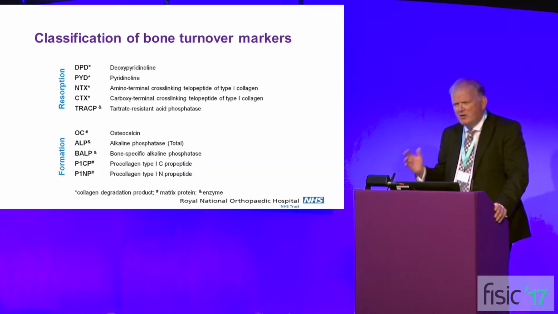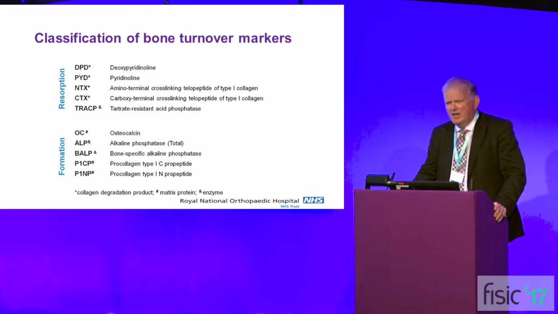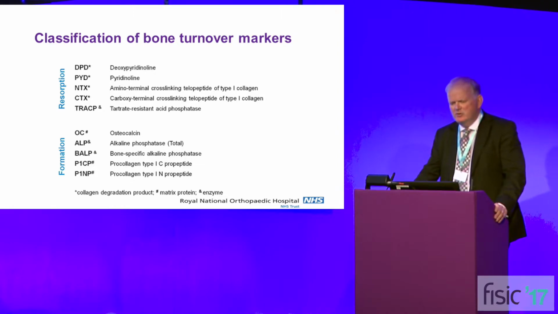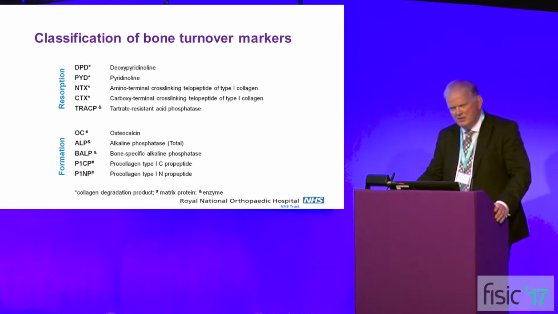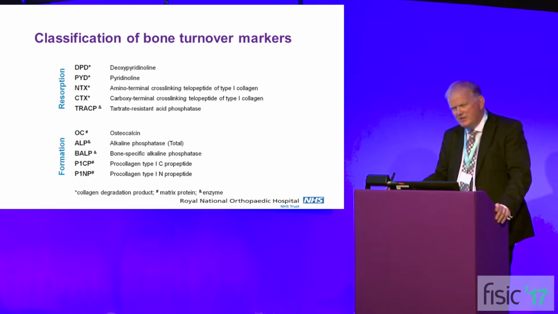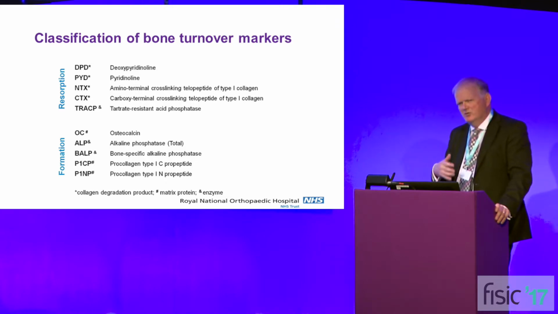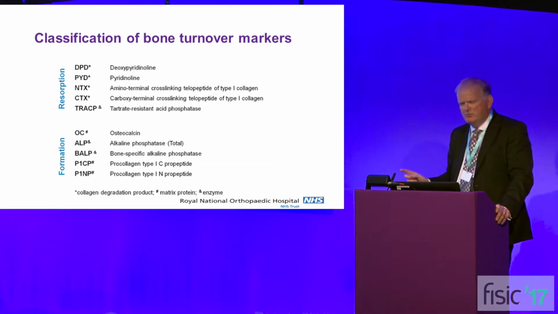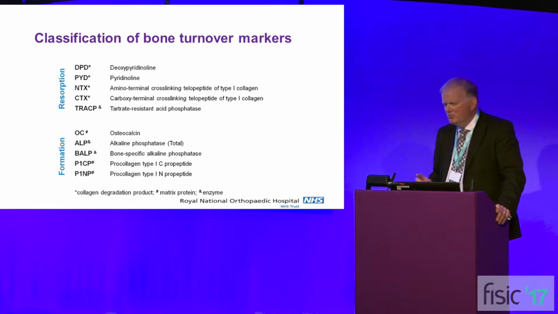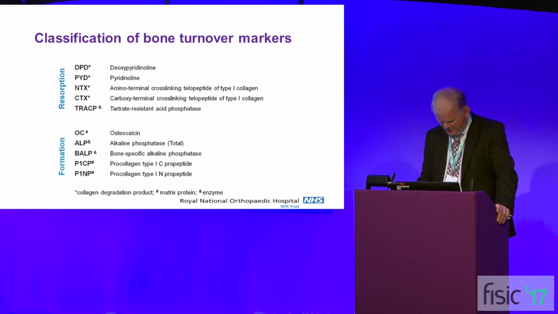So there are a variety of bone markers out there that have been historically used over the years. Some obviously are now, and I'll highlight the two that are now in routine use and have been recommended. Some of these obviously have got certain issues with regards to urine collections and 24-hour samples, etc. But essentially now, very easily, you can measure a marker of bone resorption and a marker of bone formation with a simple blood test.